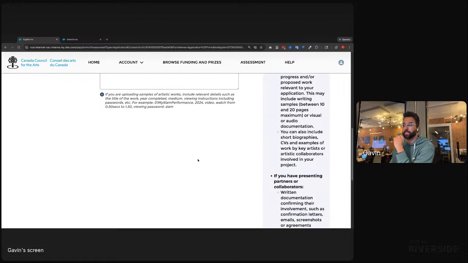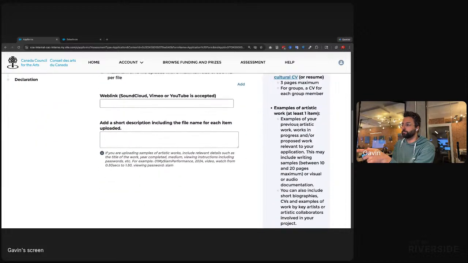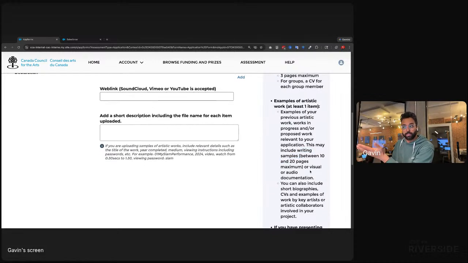Not necessarily. You could also include written materials here. If you're submitting for research or writing, you can include a screenplay. Just be aware that, although it says maximum 20 pages, like 10 or 15 pages, they're funding filmmakers, which in their interpretation means directors. So if you submit a 20-page screenplay,